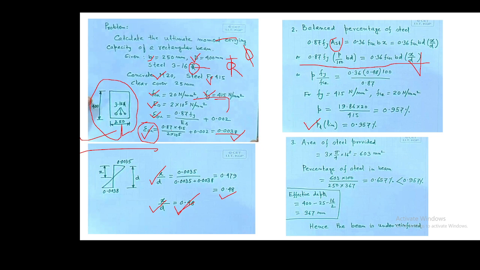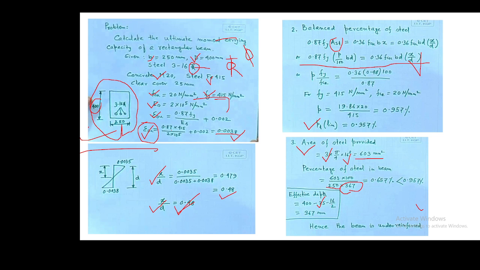Now we'll calculate what is given. So the area of steel provided is the 3 bars they have provided with 16 mm dia, so the total is 603 mm squared. B is 250, but the depth is not 400, right? As you can see it here, you will be confused and take 400 here. We should not take 400. It is always the effective depth. So it should be minus cover minus